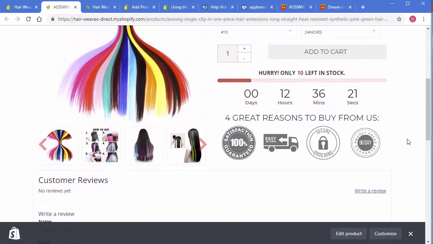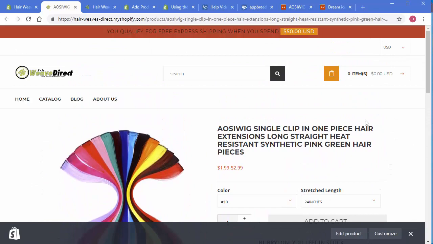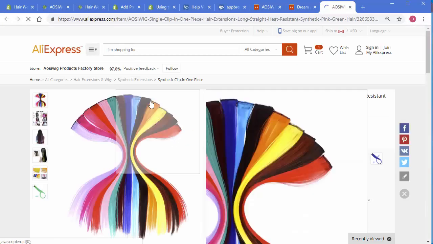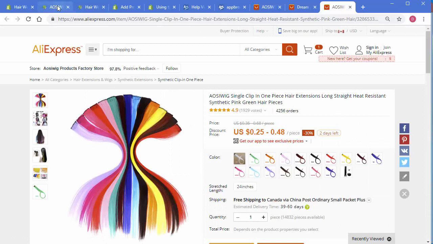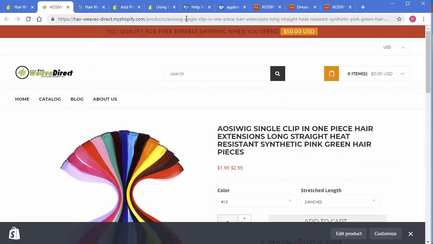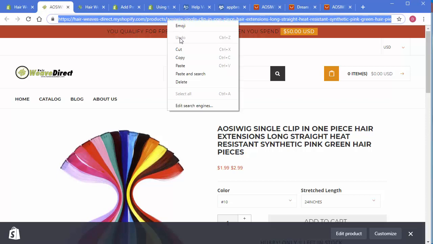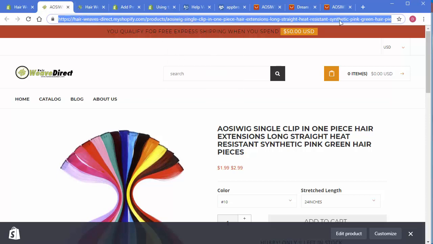Okay? And so the next thing you want to do here is we want to enter in these links. So for this one, this was that one there. So let's go and find that one. That was this one. So up in your browser, you can click here, right click and copy. So you want to copy this whole link.